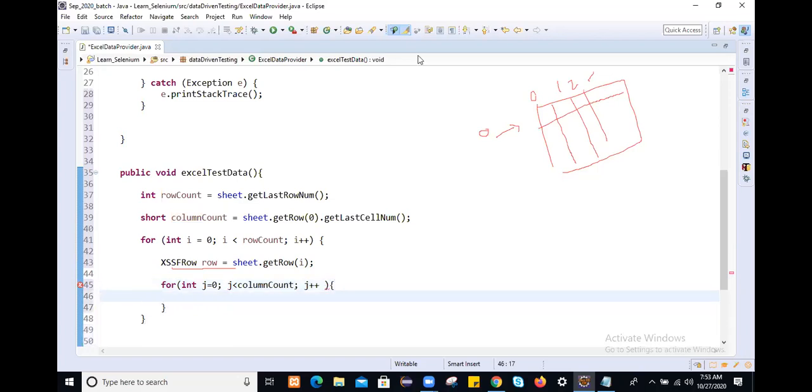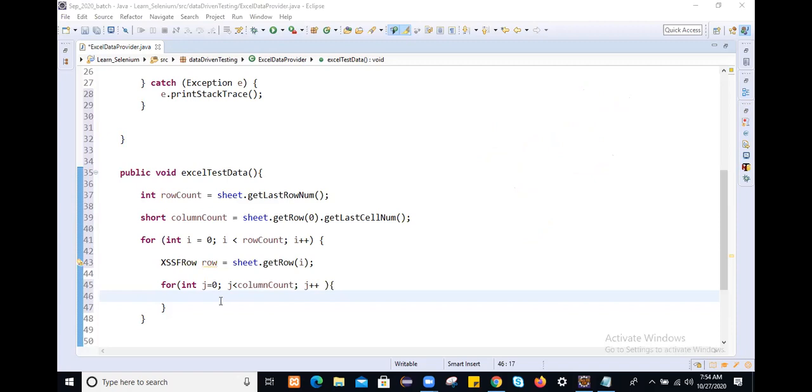So when the row is 0, it will enter into the condition completely. It will focus on that row. On that row, we are going to get the column number. On that row, we are going to get the column value. So at 0th row, what is the j value? When j equals 0, can you please get that value? When j equals 1, can you please get that value? When j equals 2, can you please get that value? All the values we are going to retrieve from this column.